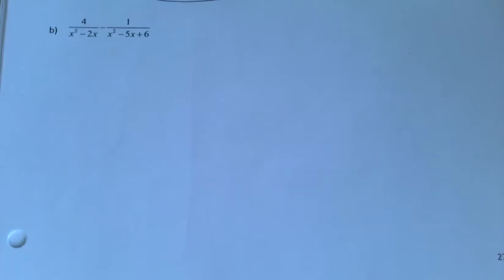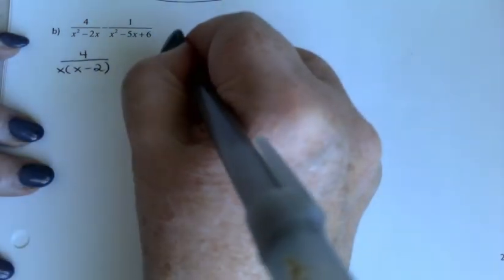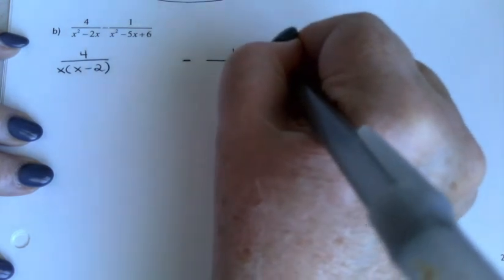So this time, my denominators are a bit more complicated. In fact, both of those denominators could be factored, right? It's always best to start with factored forms. Definitely helps you find the LCD a lot more easily. So I'm going to start here by saying this could be written as x times x minus 2. I'm going to leave myself some space over here to create my common denominator. Minus 1 over,